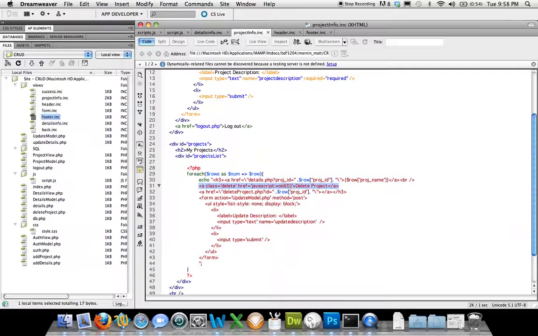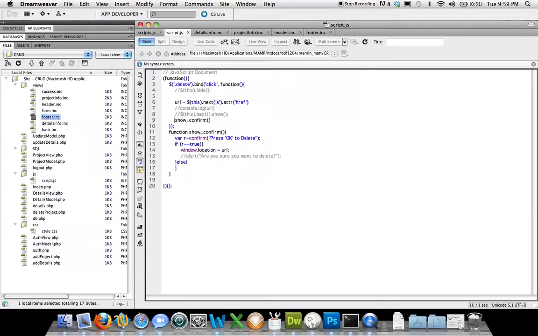And then below that is another href, and that has the actual URL with the PHP element inside of it. And notice how there's nothing between the open and close of this, because I didn't want an actual link to show up. So now if I go over to my